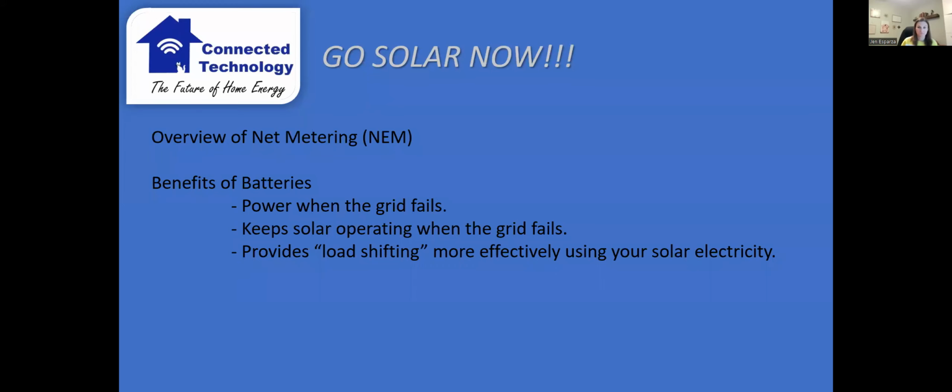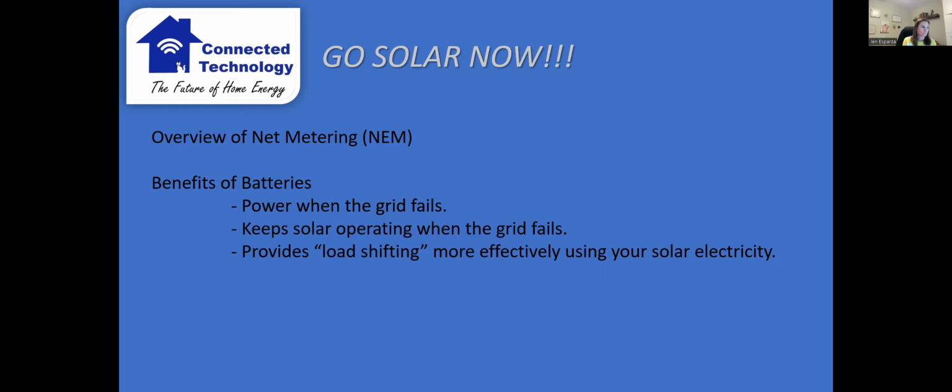The reason why batteries are coming up with the net metering change is because net metering 3 is actually going to encourage the use of batteries even more so. If you're getting solar now, which you should absolutely do, and part of why I'm not spending a lot of time on it is because we talk about it all the time.